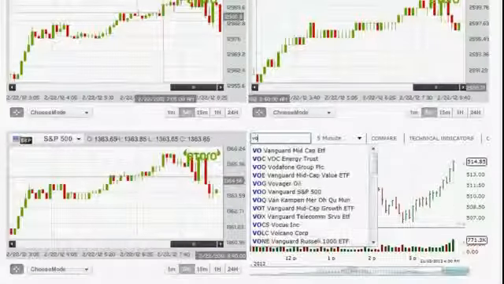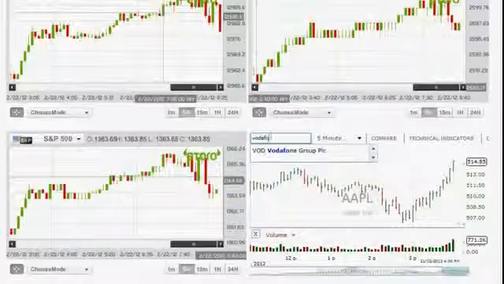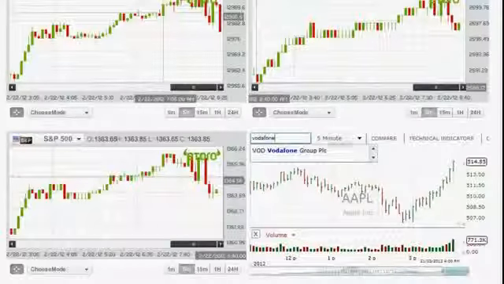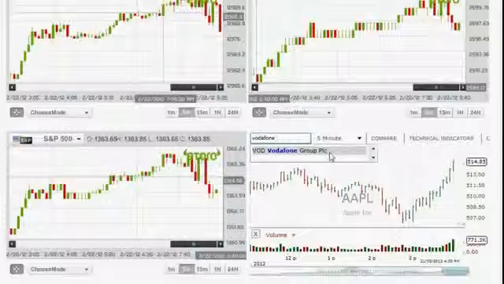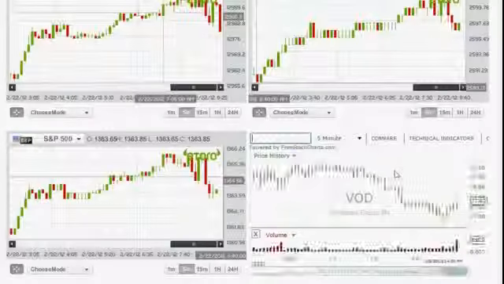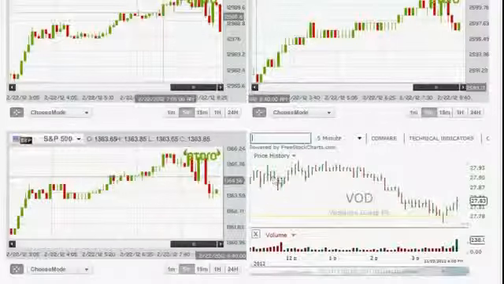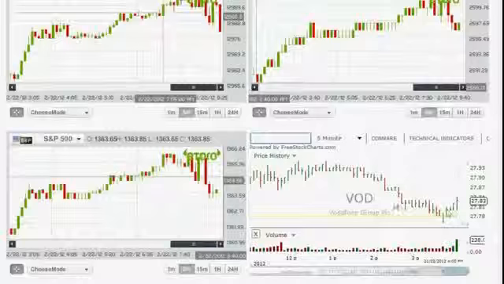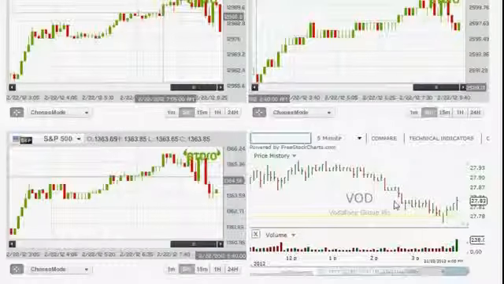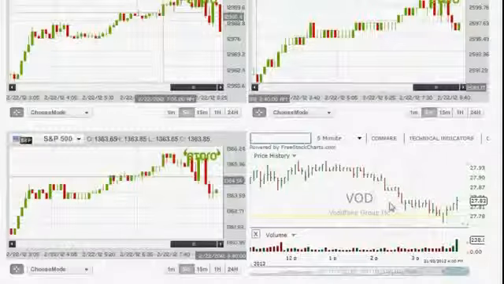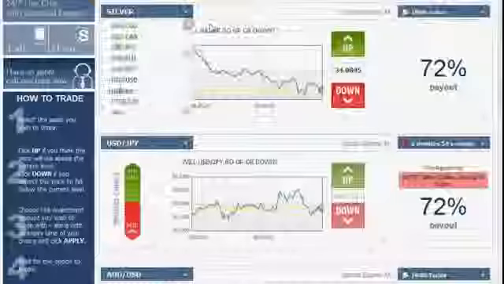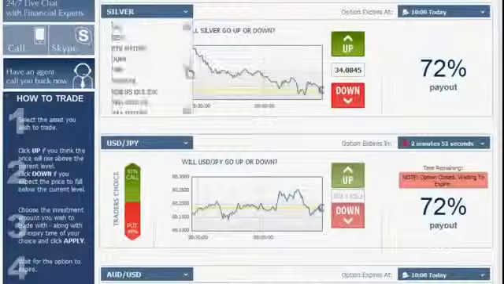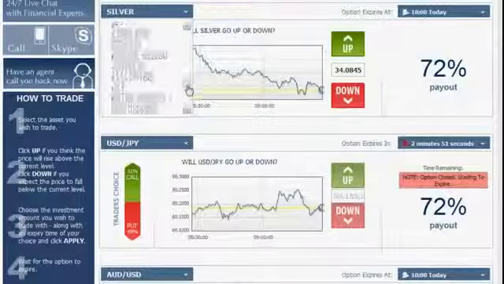I'm gonna enter Vodafone right here. As you can see, it already suggests the stock. I'm gonna click it, and as soon as I click it I can see the trend line. It's a beautiful downwards going trend starting from this point going all the way down here. So basically it's the same as using the currencies and commodities sections, it's very easy. We go back to the platform, we choose the Vodafone stock from our stock section